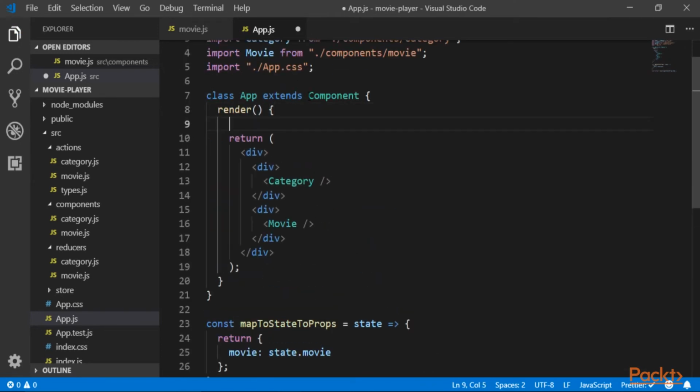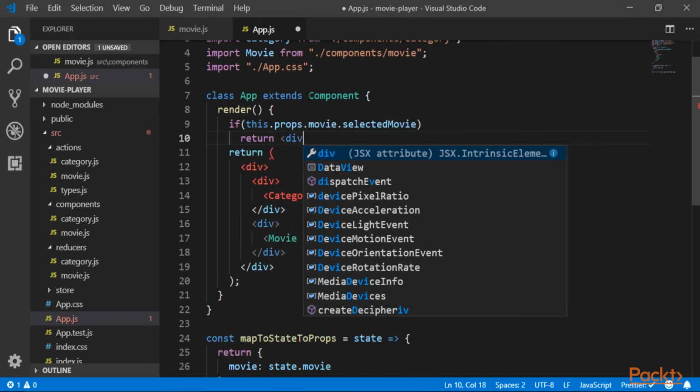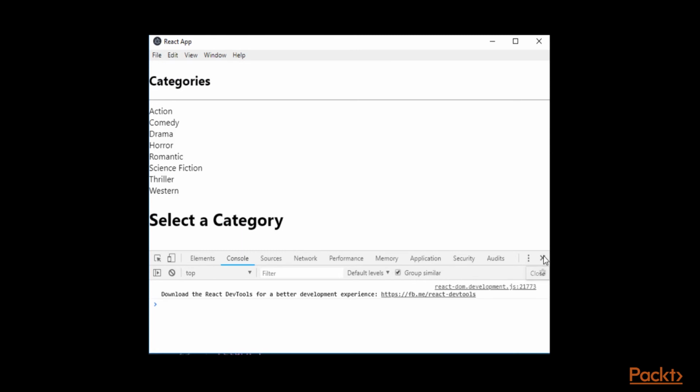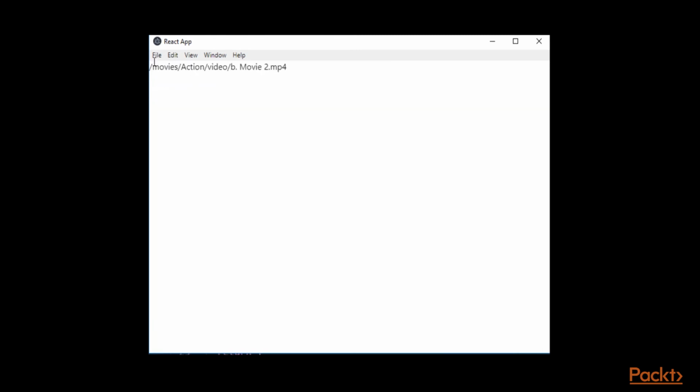And right here, if we have a selected movie, then we're gonna return early with a div that will basically just print our selected movie. So here we are. Let me start our application. Here's the app, action, clicking on one, and we get the movie that we just selected. So this video is over. We completed our mission for this one, and this brings us to the end of the video, and the